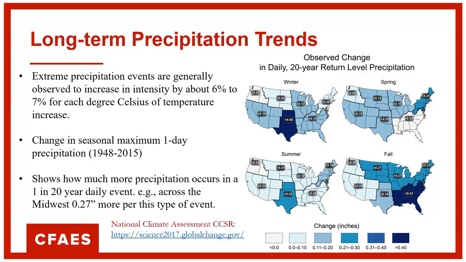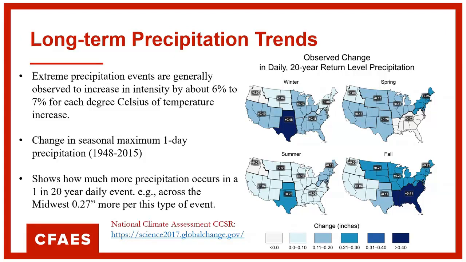One of the issues in the increasing precipitation is whether or not precipitation intensity has been increasing. That is to say, how much precipitation is falling per event, or are we getting larger precipitation events over a year? And the answer is yes, we are. This graphic's a little hard to sort out, but basically what it's telling us is if you look at the precipitation event that occurs only once every 20 years, that would be a pretty big precipitation event.